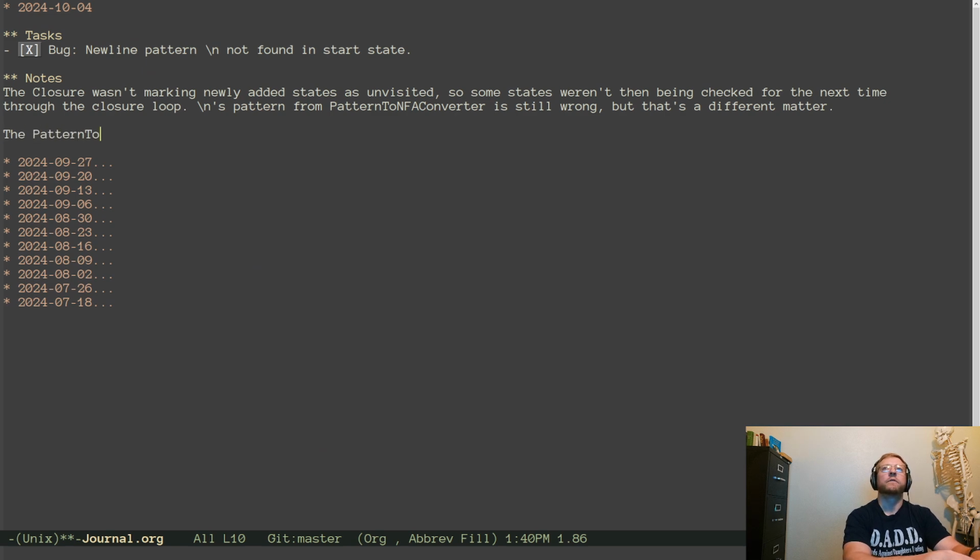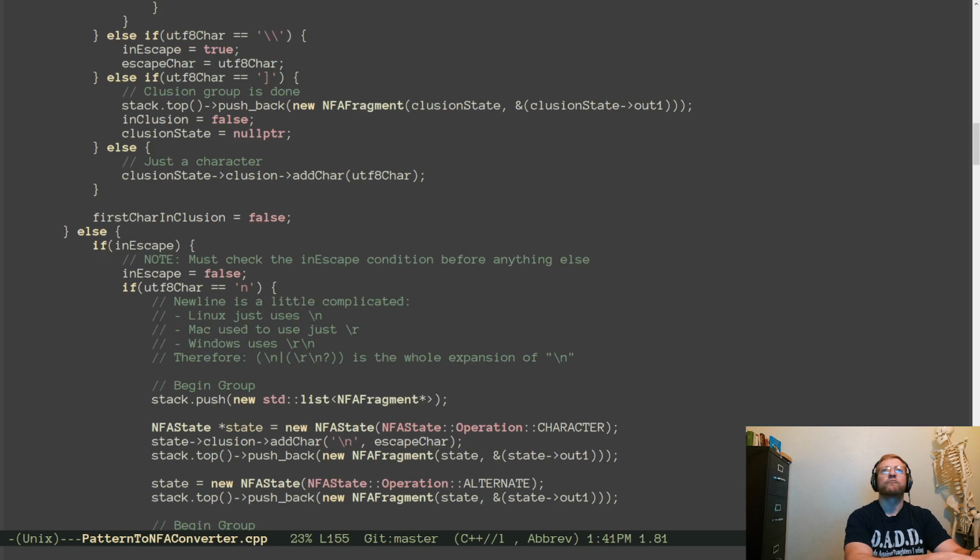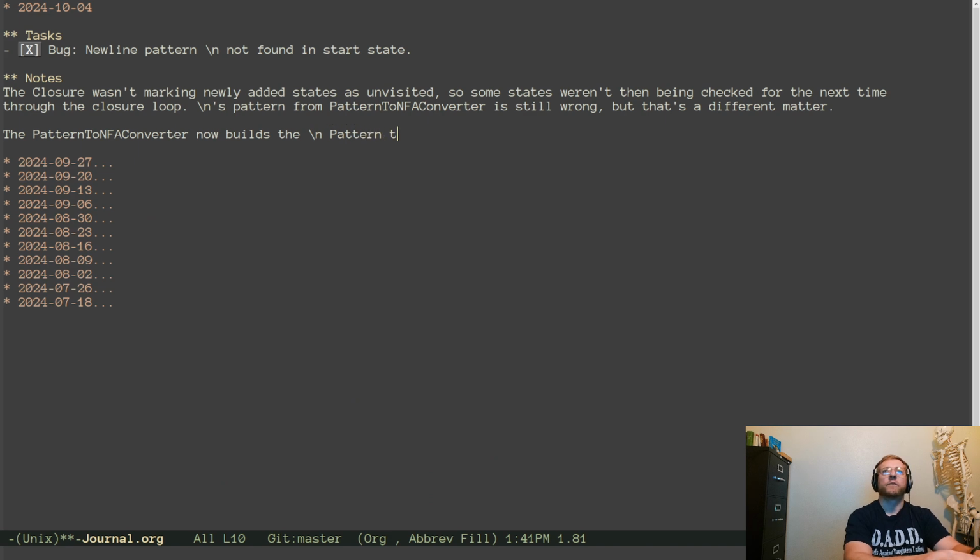The pattern to NFA converter now builds the pattern like this, instead of what it was before, which was one of \n, \r, or \r followed by \n.